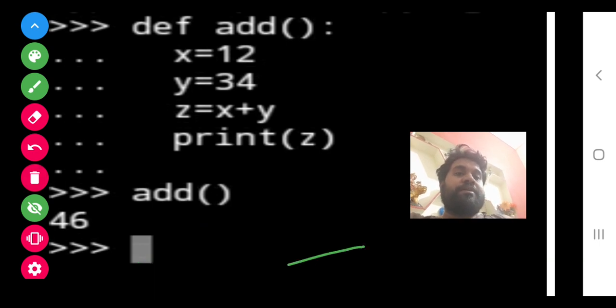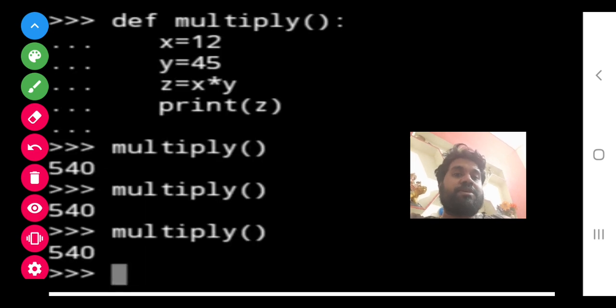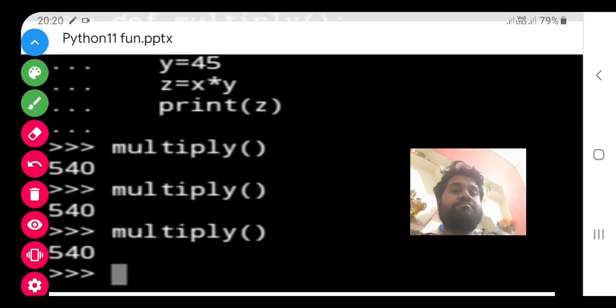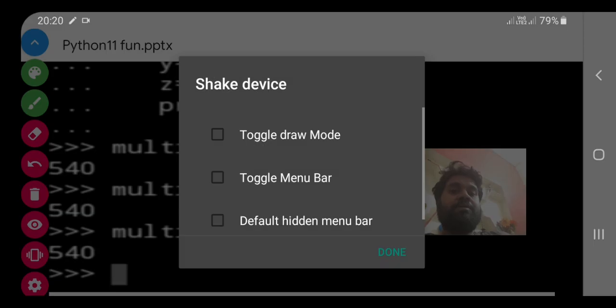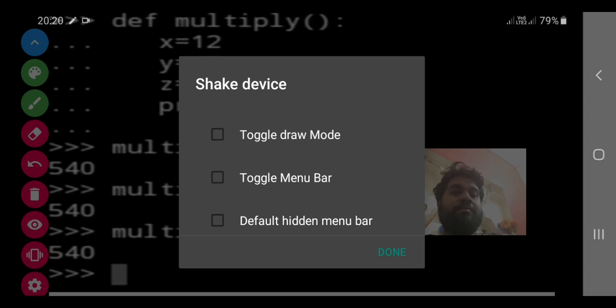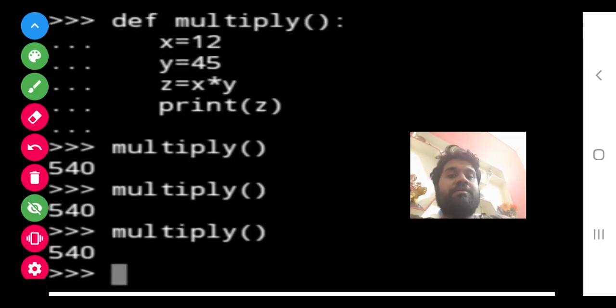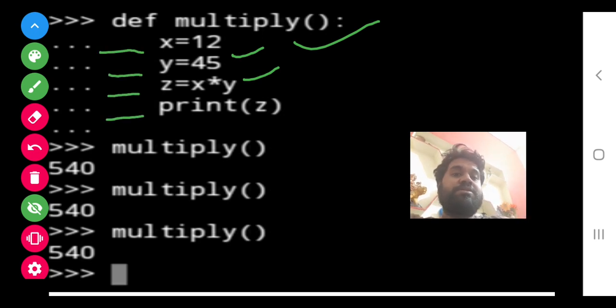For that I have made one more function for you. See this, I have written multiply. After that, the multiplication of these two numbers, same gap, everything is the same in this.